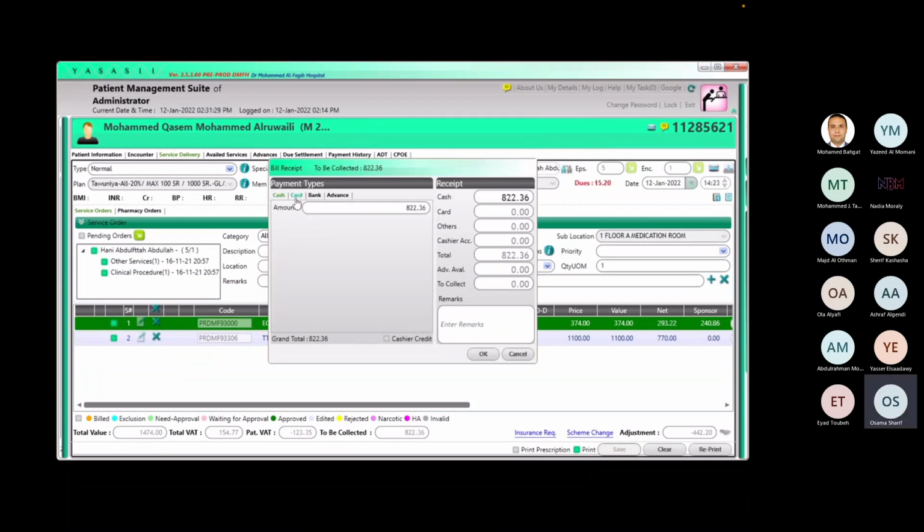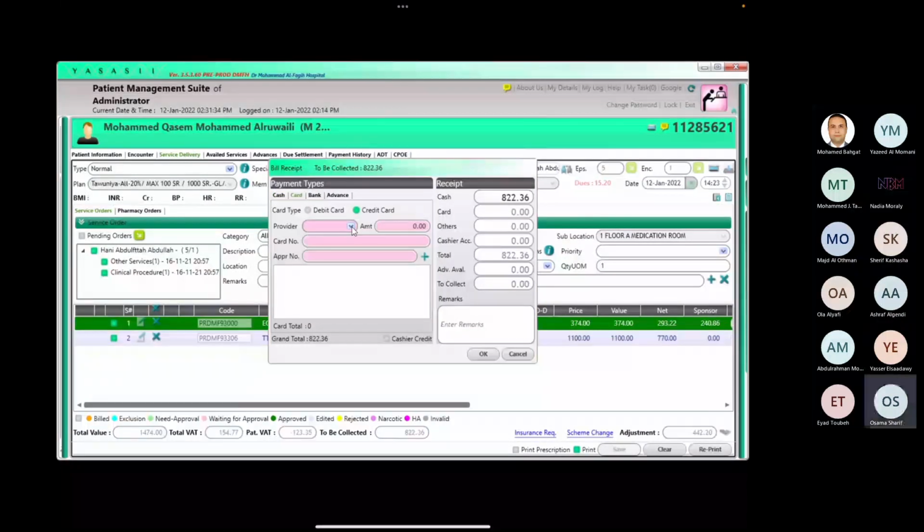One of the annoying things over here is that, let's say the patient says I want to pay by card. I'm going to go to card and try to select the provider and all these things. Selection of these things is one annoying thing, first of all. Secondly, the amount over here: I need not write the amount again and again. I don't want to do this. It's very annoying to type the information here and get things done. So this should be something that should be fixed. They should not have it like this. They should have a better process for this one. The amount that you need to mention over here is